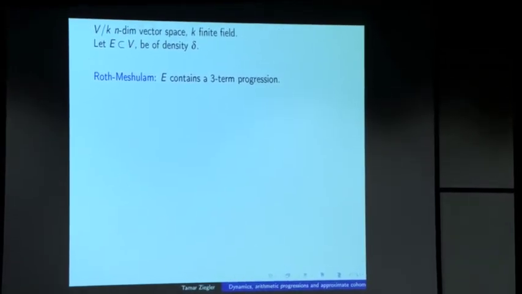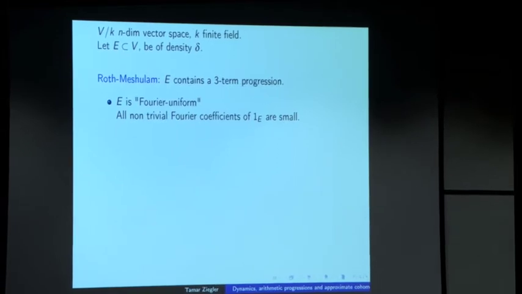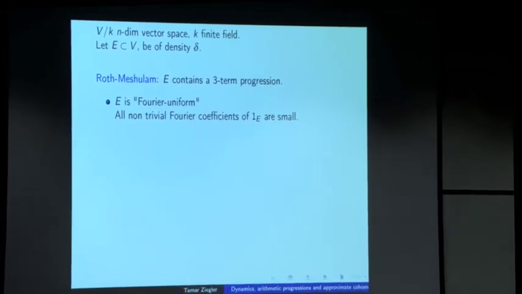So what is the idea behind the argument? It's the following. Well, it could be that your set is what you call Fourier uniform. All its Fourier coefficients are small, and if your Fourier coefficients are all small, then your set will have the same number of three-term progressions as a random set of the same density. So what do I mean by that? If you flip a coin at any point in your vector space and ask whether it's in E or not,